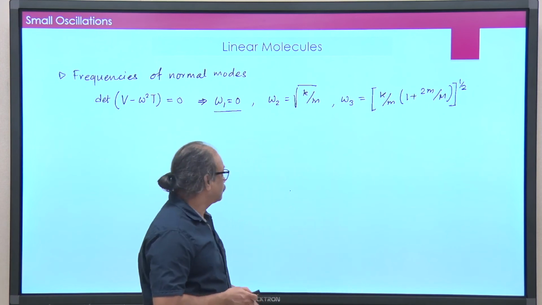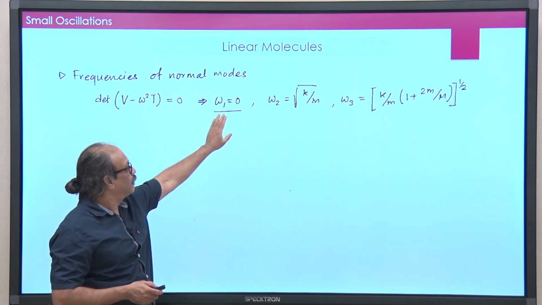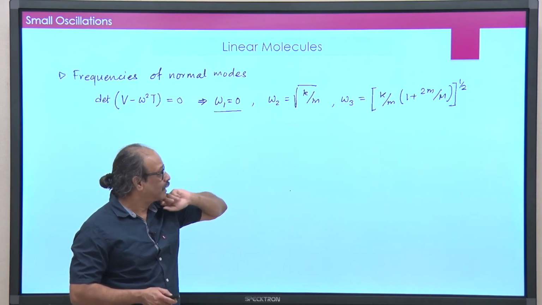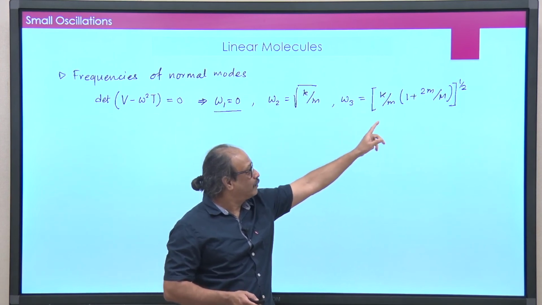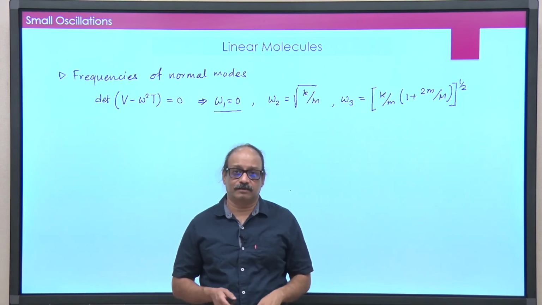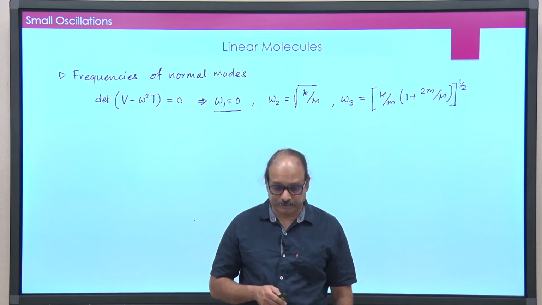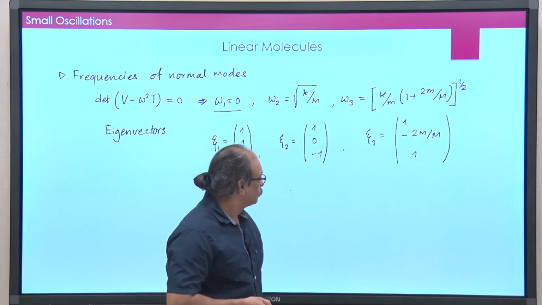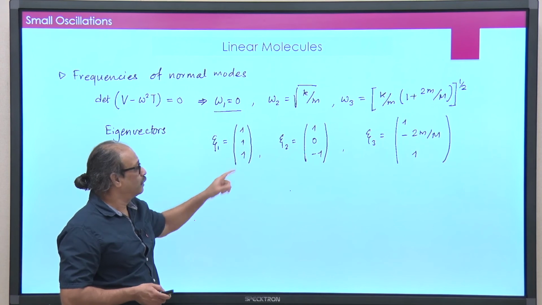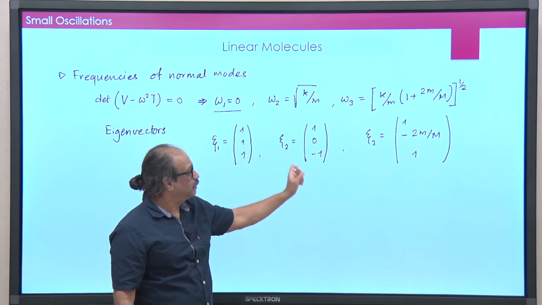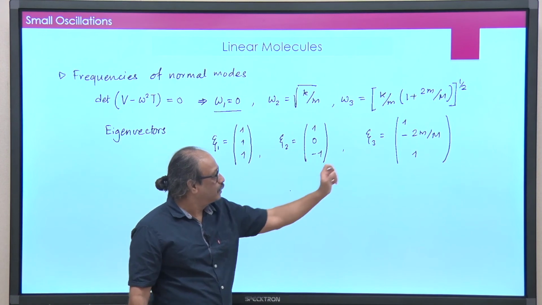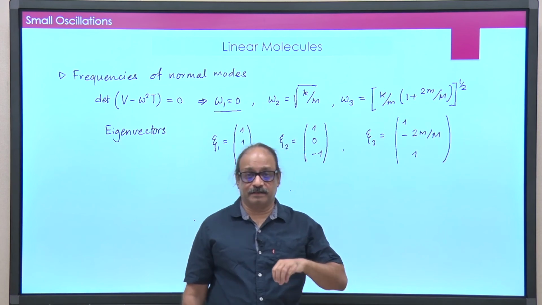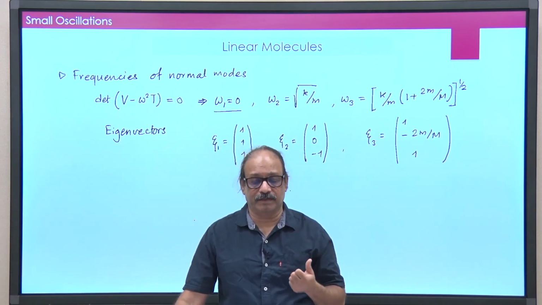Okay. Calculate these, they come to one of the eigenvalue is 0, the other one is k by m. So, omega 2 is square root of that, and the third one is k by m times 1 plus 2 m by m. Okay. This is basically solving the cubic polynomial there. Calculate corresponding eigenvectors. They come to, for this one it is 1 1 1, and for these two it is 1 0 minus 1 and it is 1 minus 2 m 1. Now, these are basically same as those A matrices, right, in the first equation.